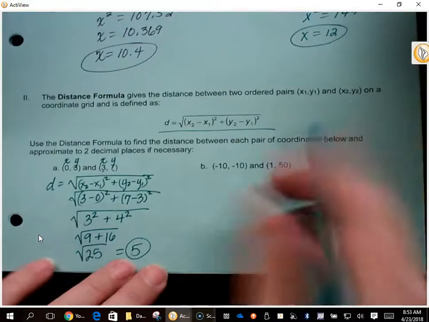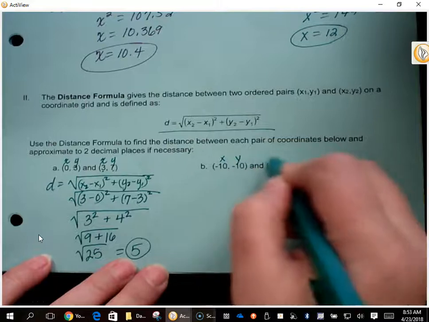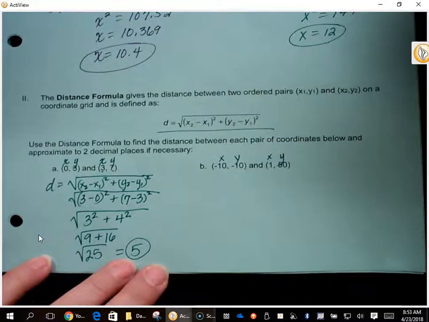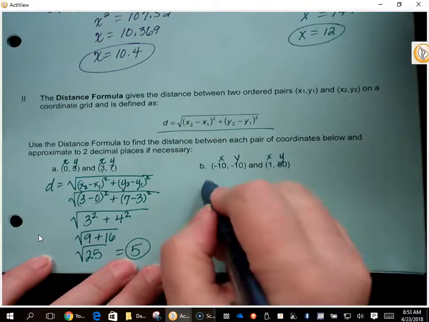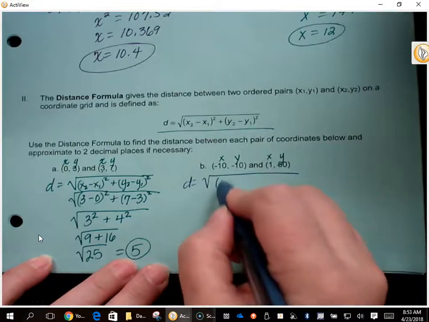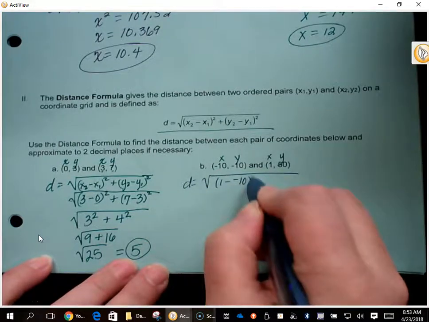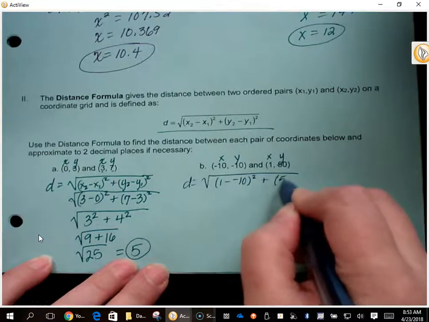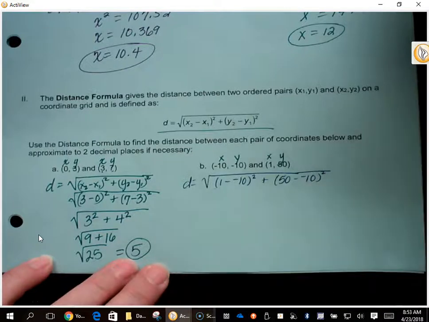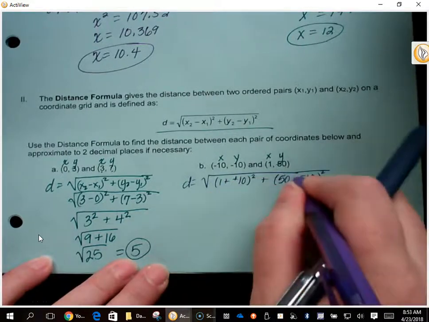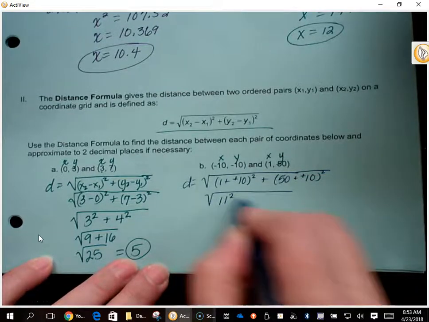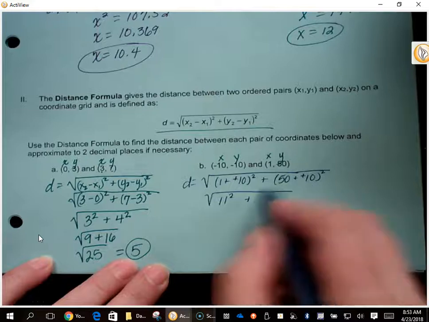Same thing for part B. X, Y, X, Y. Doesn't matter which one you use first, as long as you are consistent. So I've got the square root of (1 minus negative 10) squared plus (50 minus negative 10) squared. 1 minus a negative 10, minus a negative is plus a positive. So I've now got 11 squared plus 50 plus 10 is 60 squared,